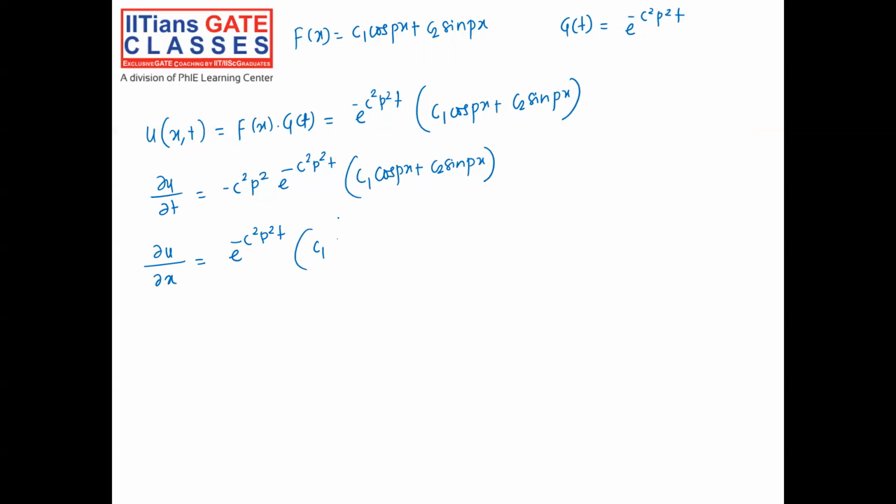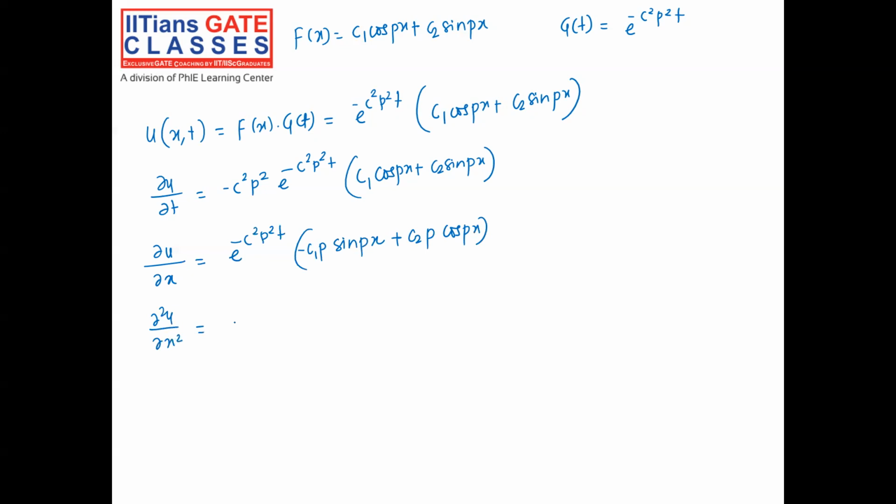The first differentiation is sine of px, minus sine of px into p, so we'll say it as minus c1 p sine of px plus c2 p cos of px. And if you take a differentiation again, dou 2u by dou x square, it will